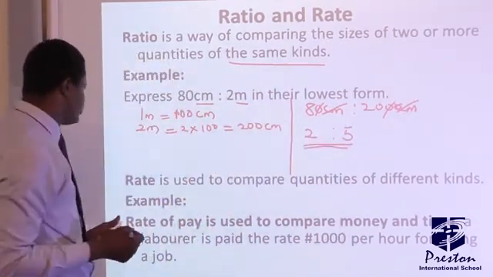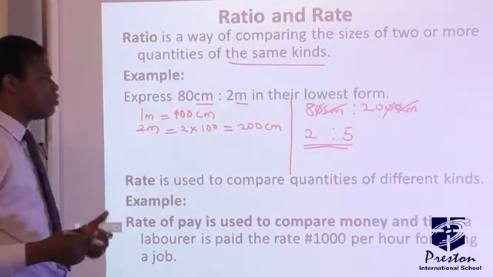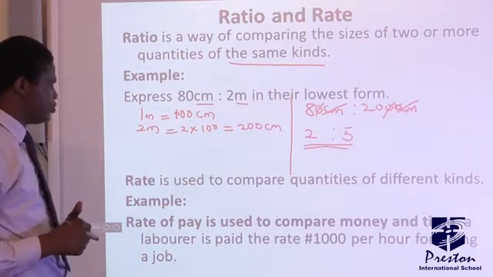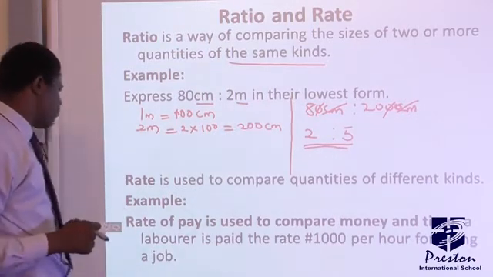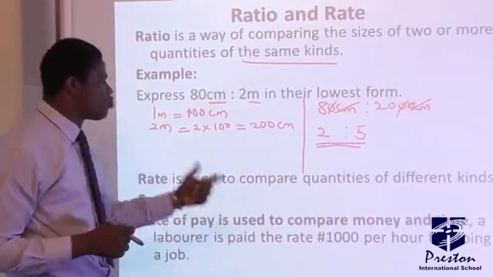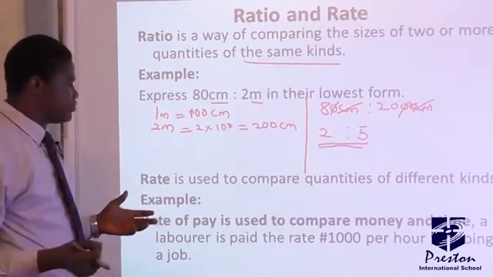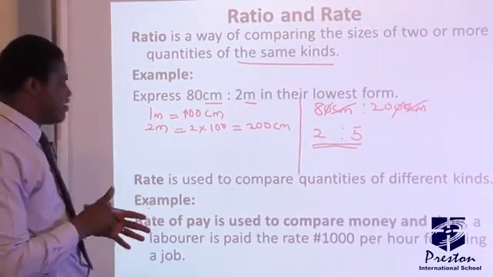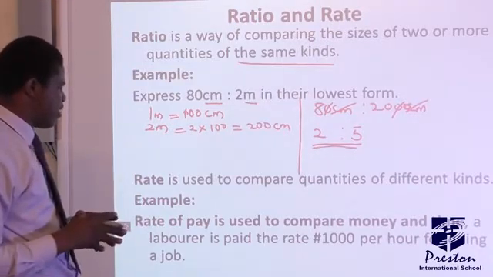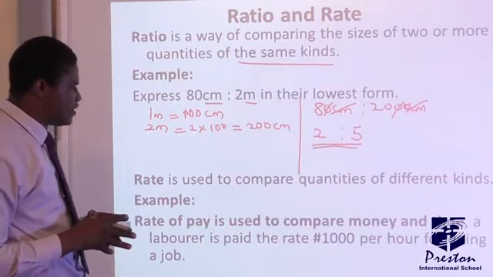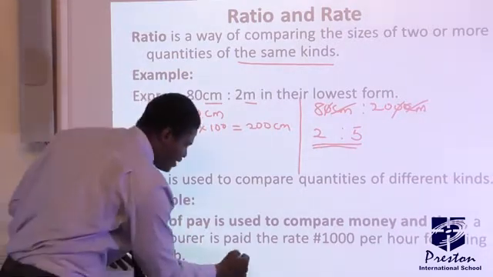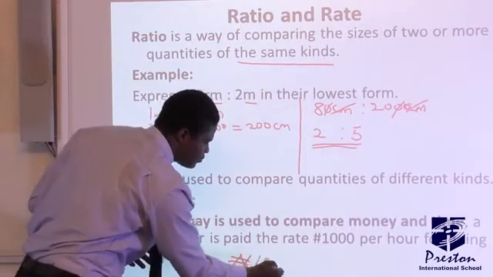Now when you are talking about rate, rate is used to compare quantity of different kinds. So take note of that, unlike ratio. Now, for example, we have rate for payment. Rate of pay is used to compare money and time. That is, in payment, we consider rates. Now, example we have here, a laborer is paid the rate 1,000 naira per hour for doing a job. If you want to write this, you will write it in form of 1,000 naira per